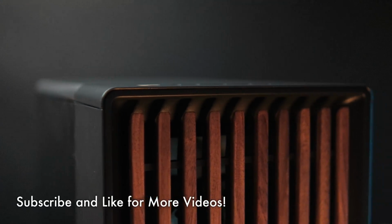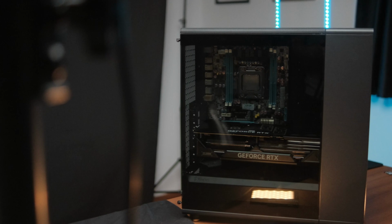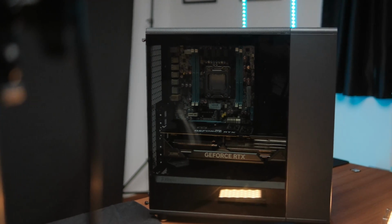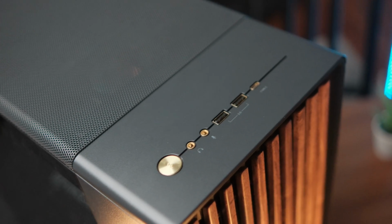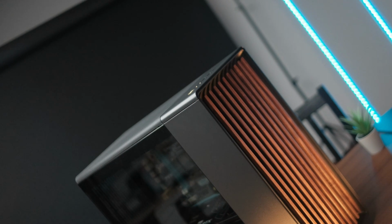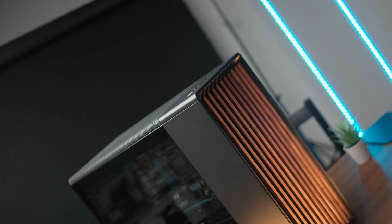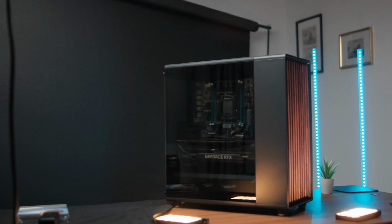With this walnut finish, not only does it look clean and classy and reserved with style, it also could blend in with your setup a lot more. Just like it's blending in with my walnut covered desk right here. It's brilliant. For someone who is trying to build a PC for a mature looking house or a mature looking setup, or maybe an office or studio, or maybe just a work from home place, this case is going to look way better than 95% of the PC cases available out there because it uses this kind of chic steampunk